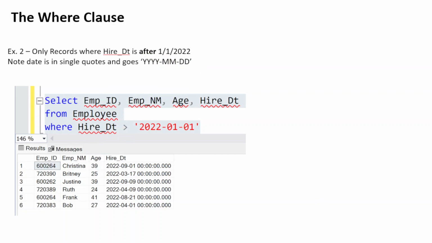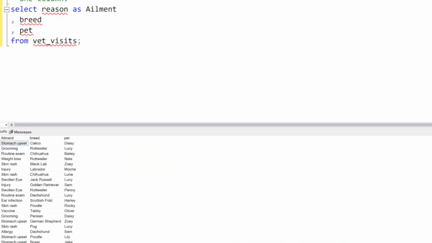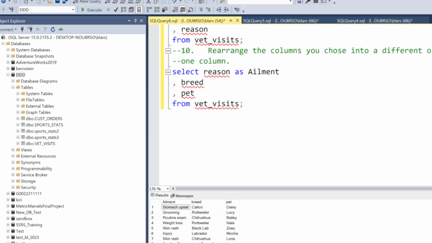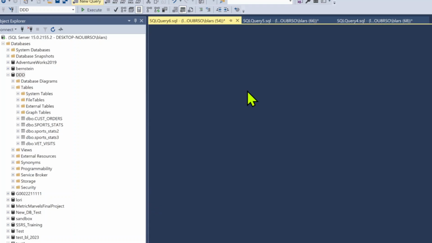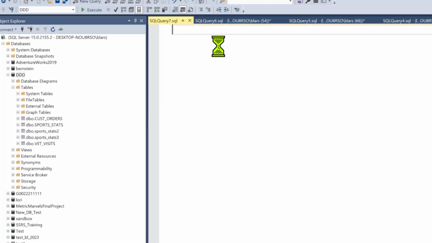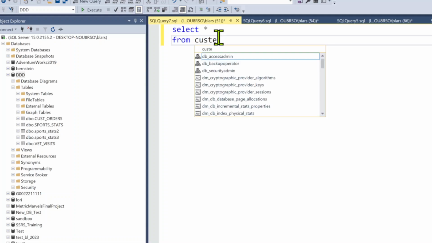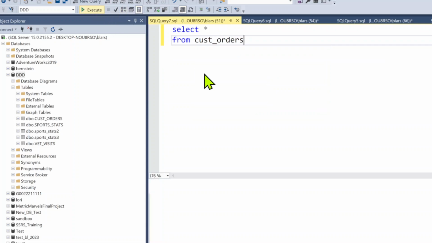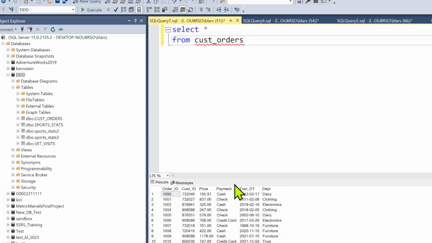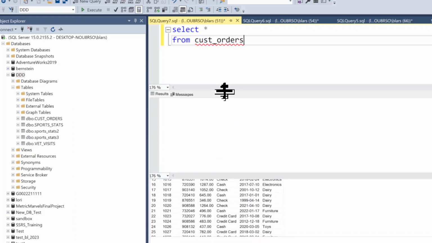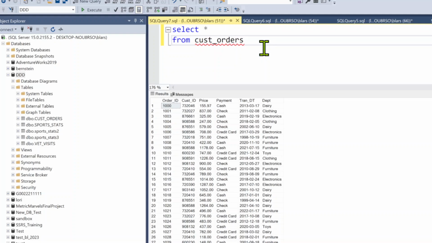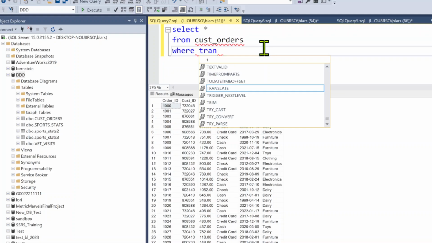If I were to go into our SQL server here, let me change the screen so you can see better. Let me give myself a new query. If I select star from that one table we had, our custom orders, and execute, I get some custom orders. Now if I want to say, hey, I only want where the tran date, we have a date here,